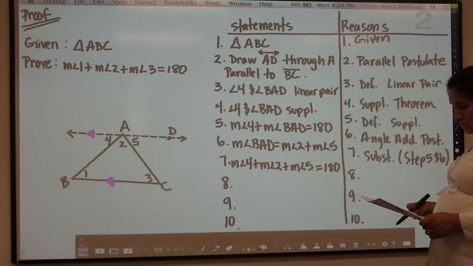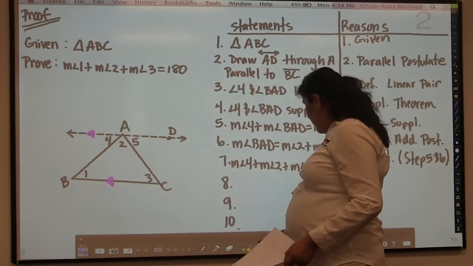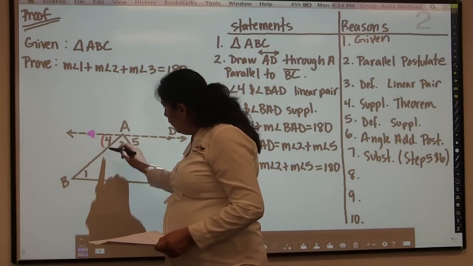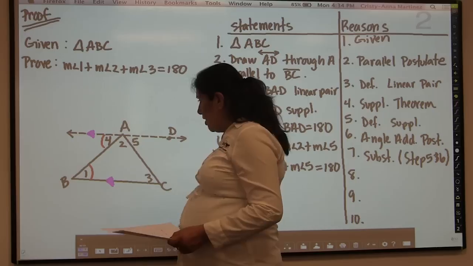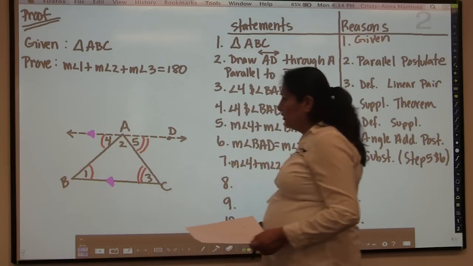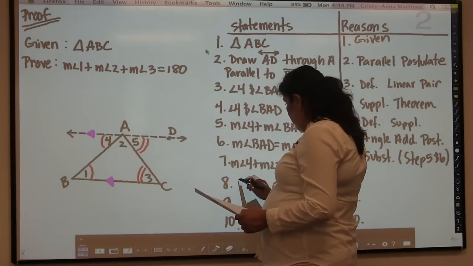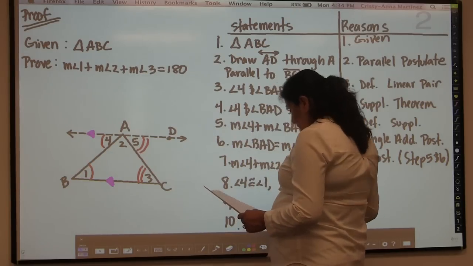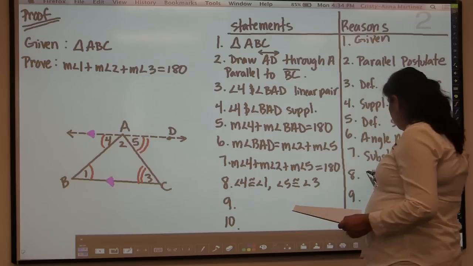Okay, now we also know, because now we can go back and use this diagram that I had here earlier. And what you should note now from before is that we have a pair of alternate interior angles. Angle 4 and angle 1 are alternate interior angles. They have a transversal here, these are parallel. But also angle 5 and angle 3 are alternate interior angles. So in step 8, we're going to say that angle 4 is congruent to angle 1, and also that angle 5 is congruent to angle 3, and that is by the alternate